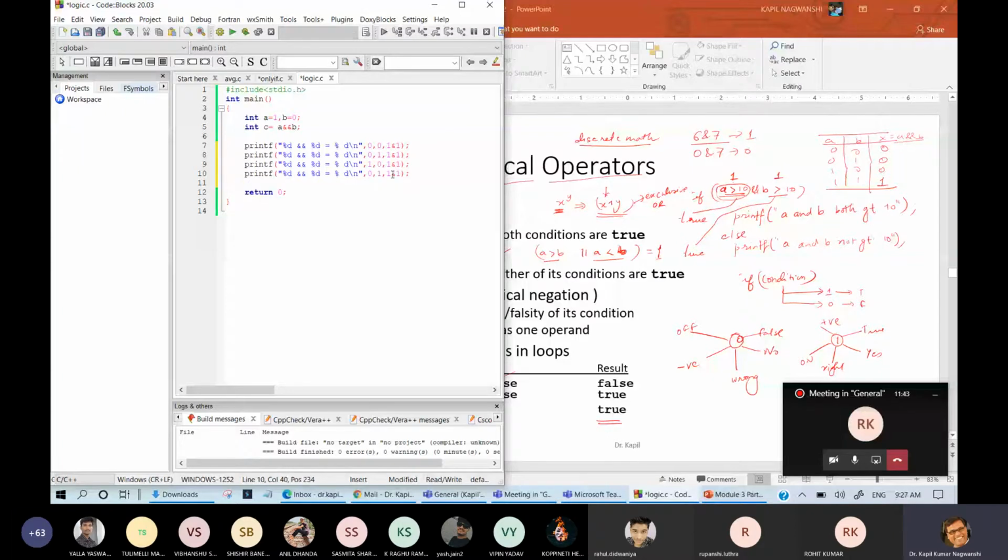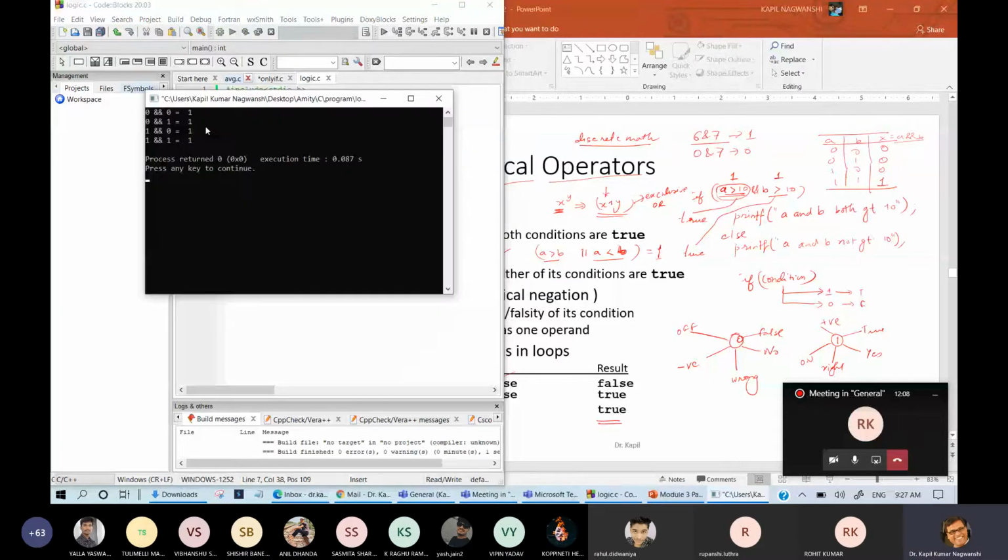So this is written wrong, incorrectly. Now it is correct. So here you can see the different outputs. Okay. Everything is coming 1. How is it possible? 0 and 0 must be 0. 1 and 1.